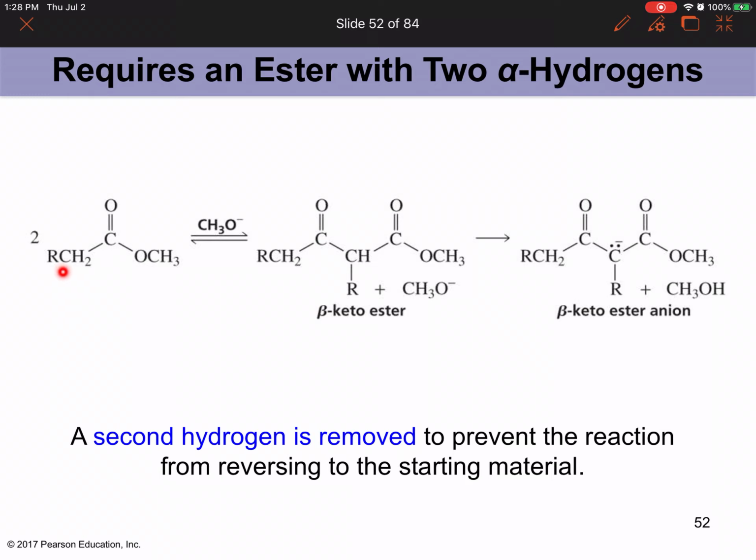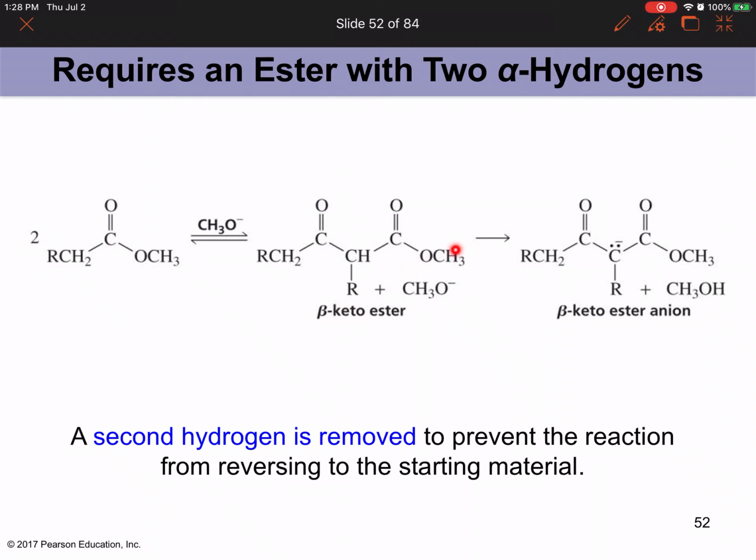And then it's going to go ahead and condense with another molecule, and then the whole process takes place that we had seen with the mechanism, and then you have this molecule which is the beta keto ester. One of the ester alpha carbons forms a bond with the other ester carbonyl carbon. Okay,